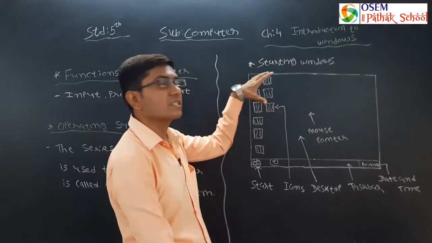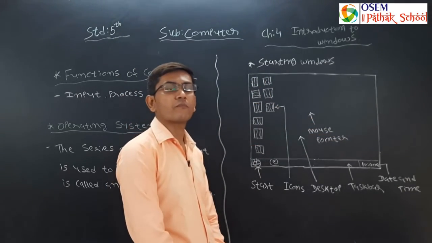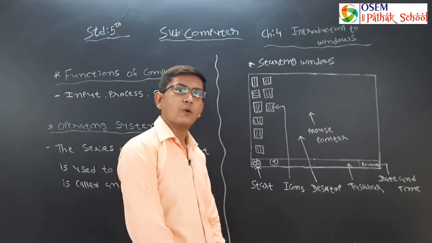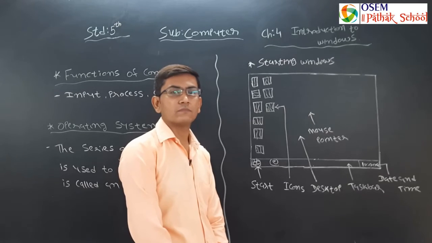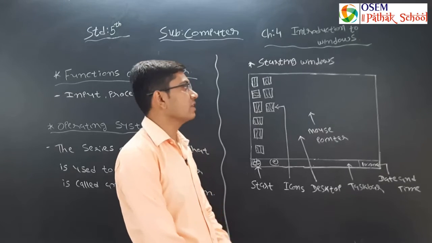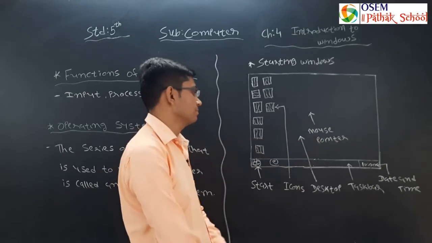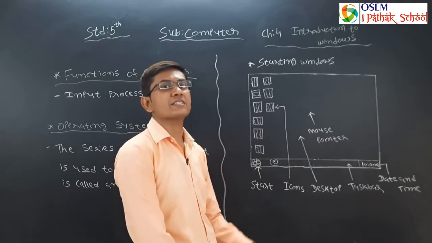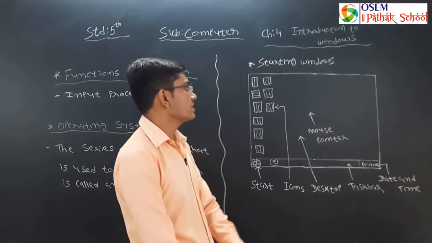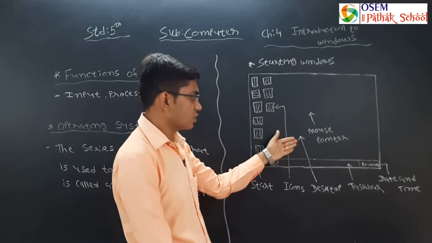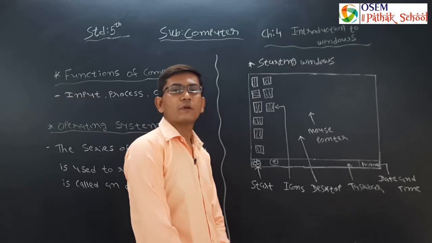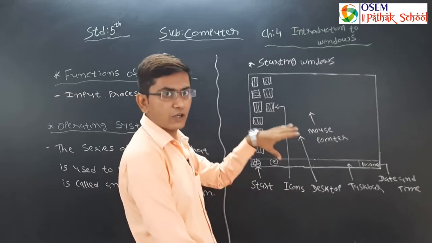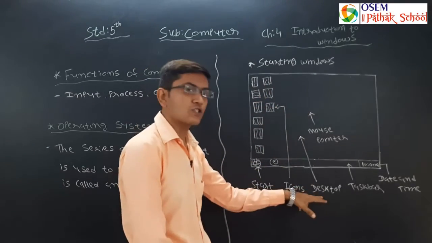This is all about starting Windows. When you switch on your computer, after some time Windows starts automatically, and you can see the main screen of the window after starting your computer. See, this is the look and feel after starting your Windows operating system. This is the main screen of the window and it is called desktop. Means after you switch on your computer, when you see the main screen on your computer, it is known as desktop.